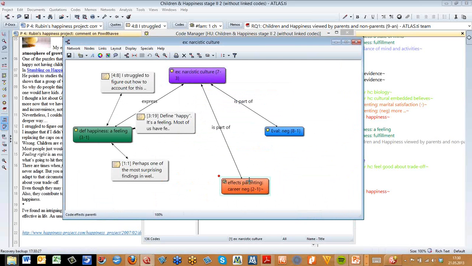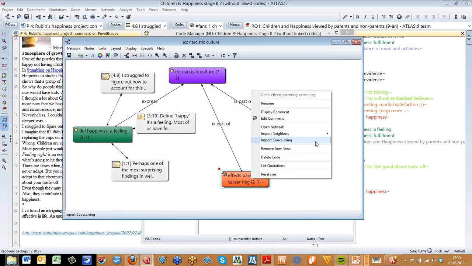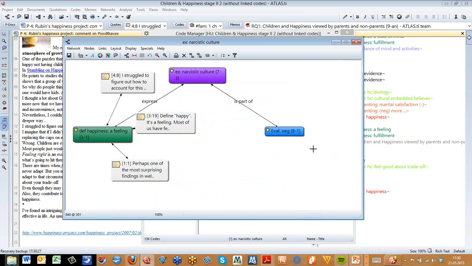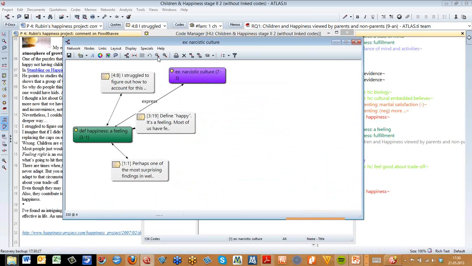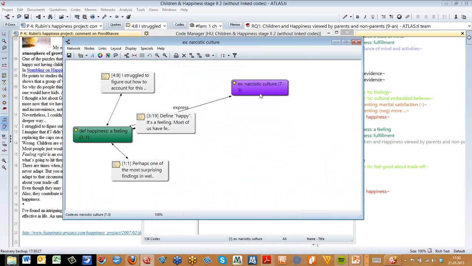If you want to get rid of something in the network view, you click on remove from view, or the delete button on your keyboard has the same functionality. So now I just click on the delete button on my keyboard. You can't see, but I can just tell you if I do, and it's not reacting on my keyboard, then let's do the remove from view option. What I wanted to show you here